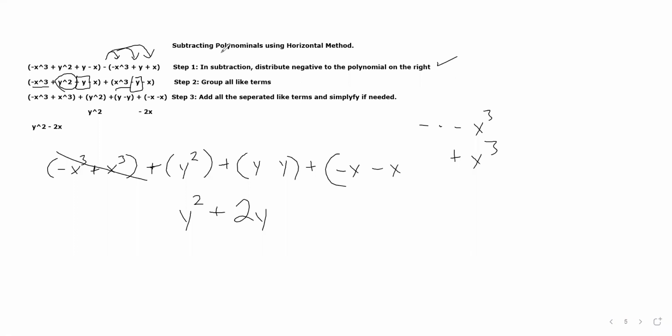Sorry, this is supposed to be a negative x and a negative x, and this one's supposed to be a, the first one is positive, but the second one became negative, which means that this one should actually be an x. As you can see, if you're not careful at what you're looking at, this stuff can be very simple,